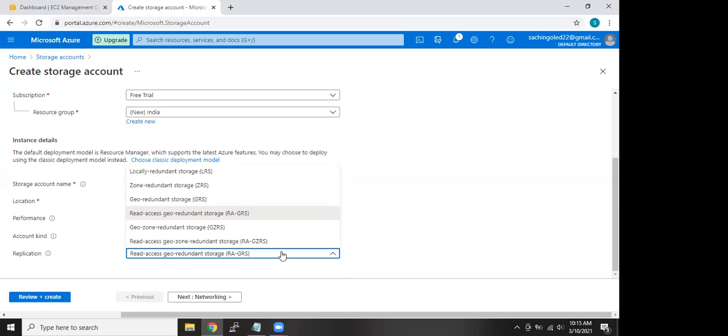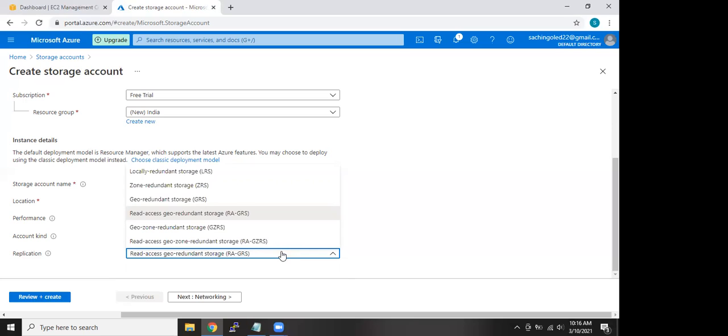If you say zone, it again creates 3 copies of data, but this time all copies will be in different data centers. When you say geo, it will again create 3 copies, but in 3 different regions. But accordingly your charge will go higher.